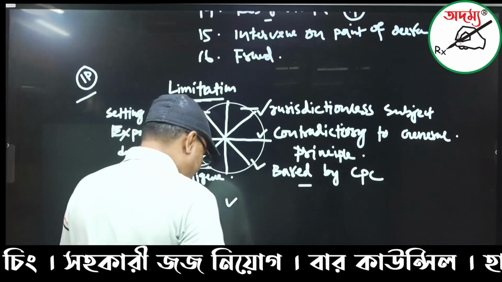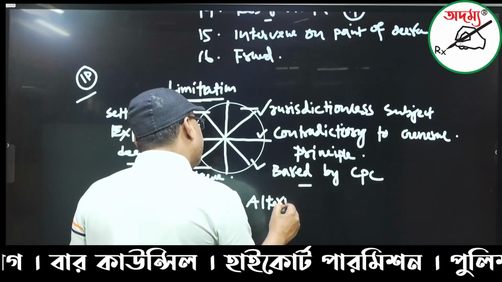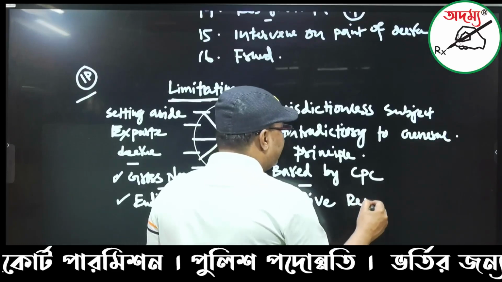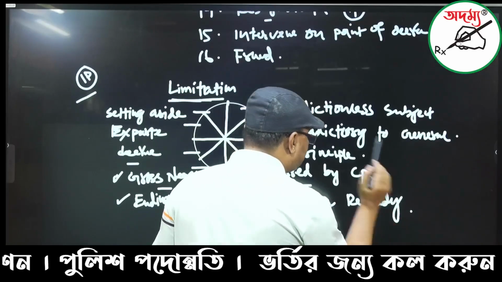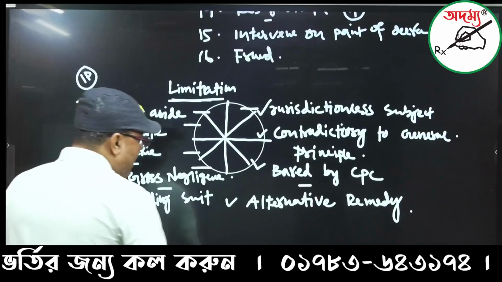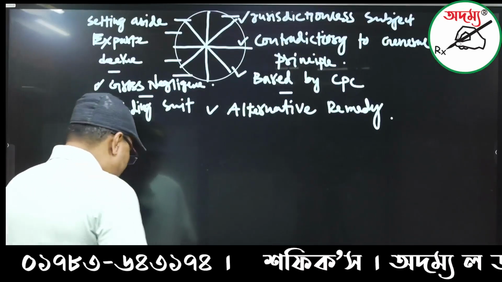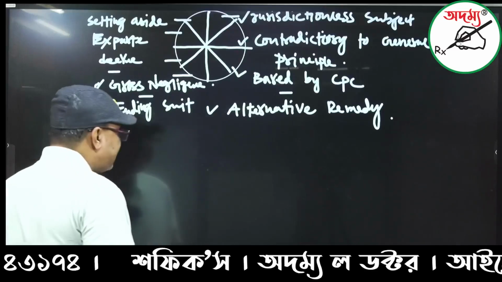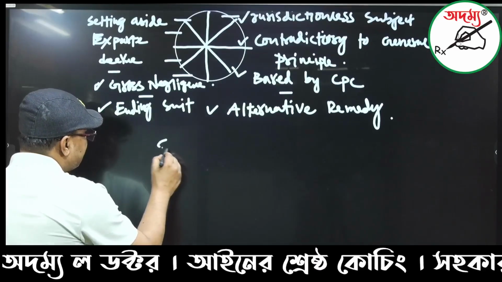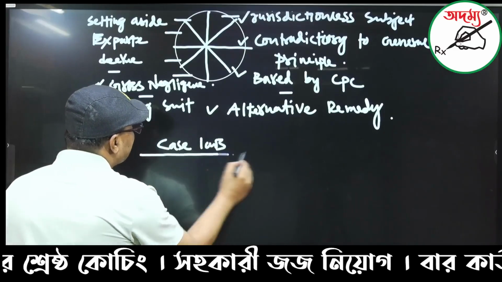And what exactly is the alternative remedy? If there is an alternative remedy, that time this doctrine and this power is not practiced before the court of law, this built-in power. And several times, what is the nature of this systematic way? Now the case laws prescribed in this regard, several case laws, are discussed.